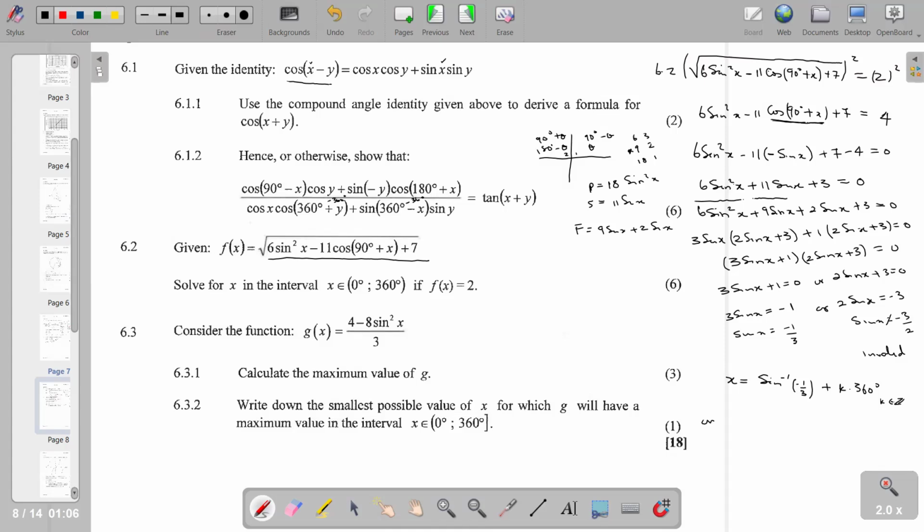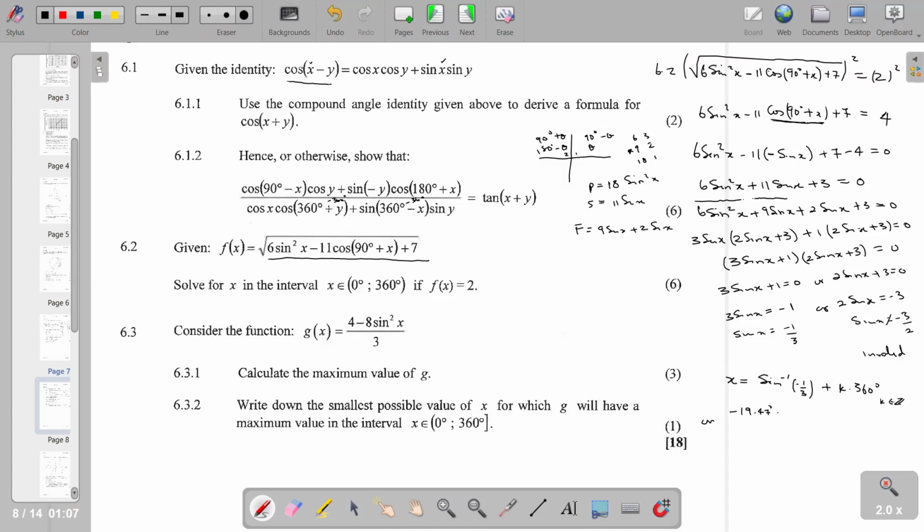Sine inverse negative 1/3, which is giving a negative 19.47